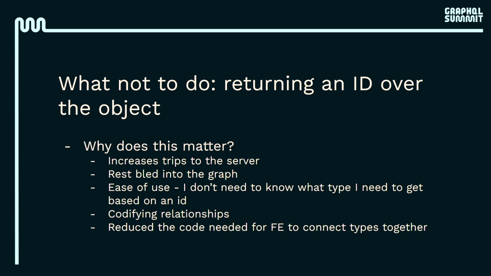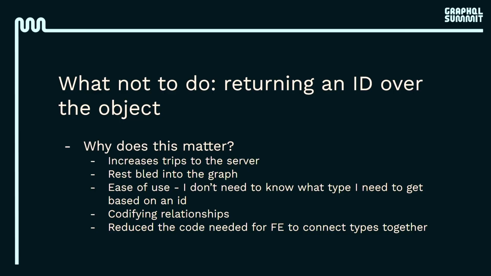If you don't return the thing, everything becomes RESTful, and it's a very segmented part of your graph. Your graph doesn't allow you to link to the next type. It doesn't allow your type to go to the next thing. You're very much segmented into like, hey, I can get my review or my product, but then I have to go back to ask for the next part, and then the next part. And you're kind of flowing this thing together again. It becomes very hard to use as well.